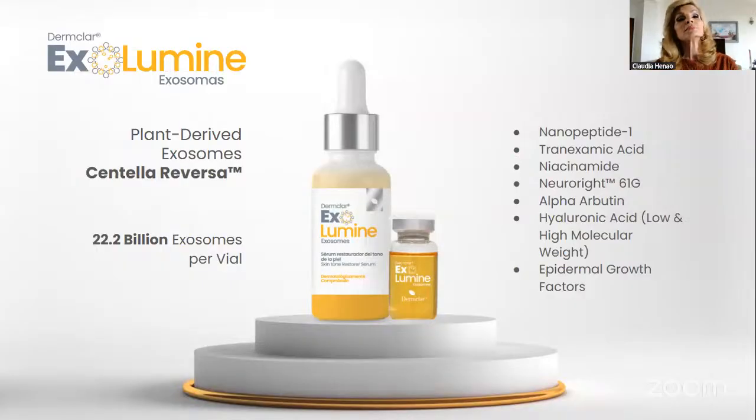Well, we've got Exolumine, our second exosome. Exophase has 2 plant exosomes, Centella asiatica, Curcuma longa, plus PDRN, and other ingredients. Exolumine has plant-derived exosomes, again, Centella asiatica, but with 22.2 billion exosomes per vial. And besides that, it has nanopeptide 1, which is a trademark, especially for depigmentation,